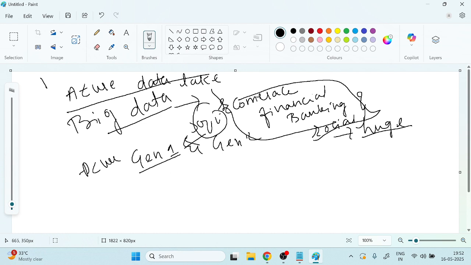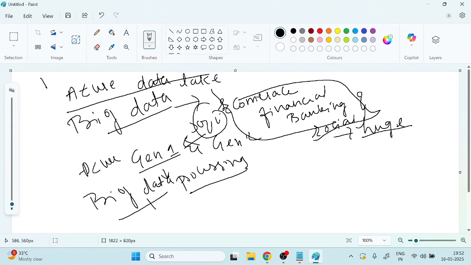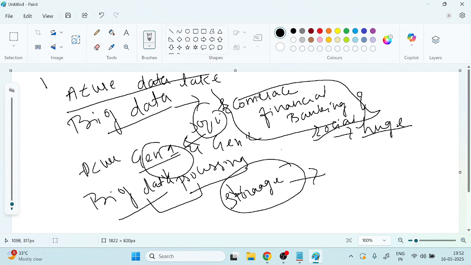In Gen1, it will accept big data, and big data processing will happen only in Gen1. It will analyze and optimize the data, and the storage will be very big here in Gen1, and compared to this it is even bigger in